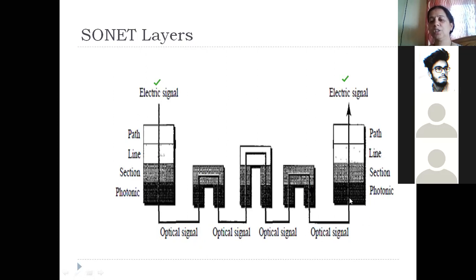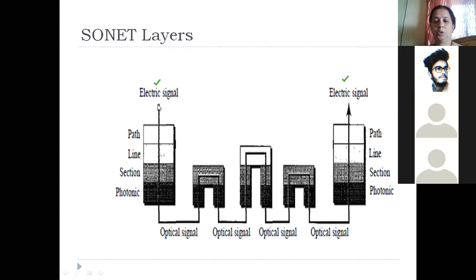Once it reaches the destination, the light signals are converted back into electrical signals with the help of the photonic layer. The data is checked for errors. Then it is sent to the line layer, which will ensure smooth communication, and then the path layer. In that layer, the applications will be present. They will accept the data that has been sent by the sender. So you can see, just like the OSI reference model, data moves downwards from the higher layers to the bottommost layer. Through the intermediate machines which form the subnet, the data goes to the destination, and then it moves upwards from the photonic layer to the path layer.